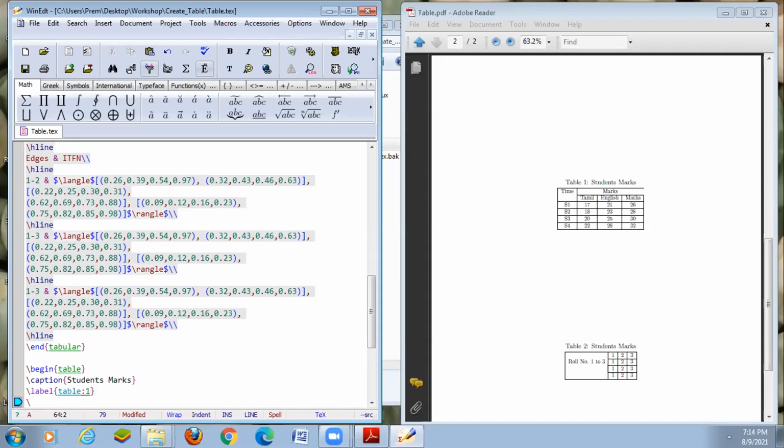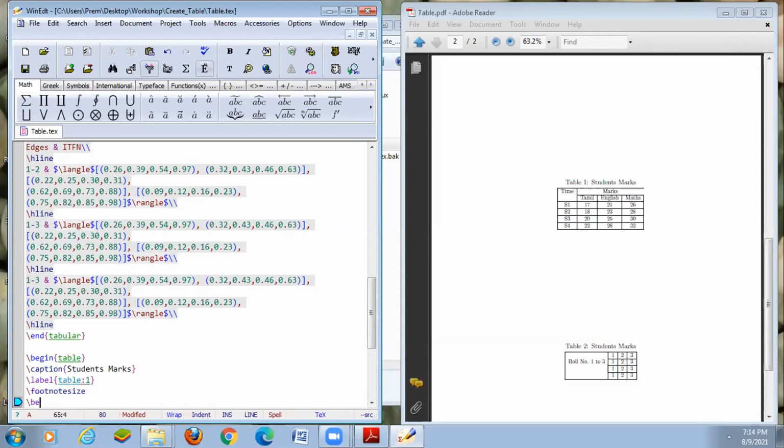The notes we have to display in the footnote size. Now we can begin the tabular.